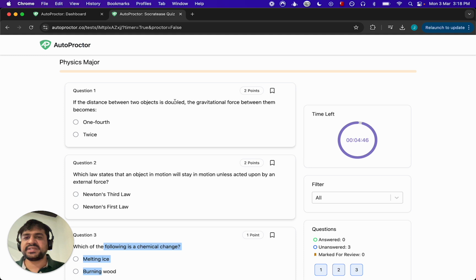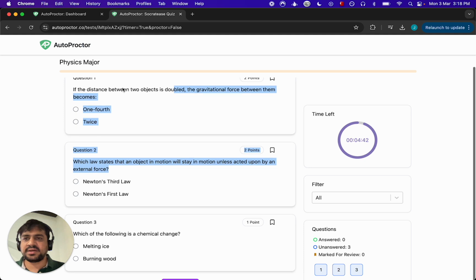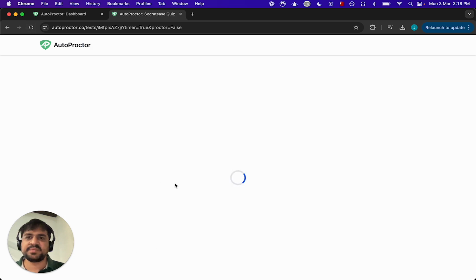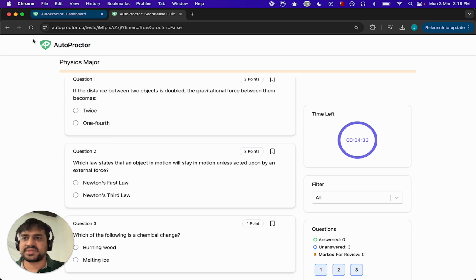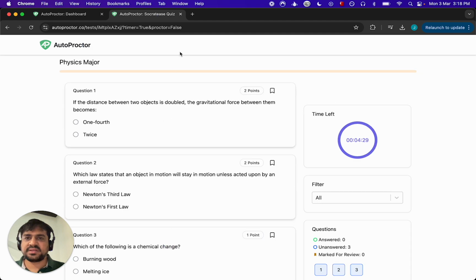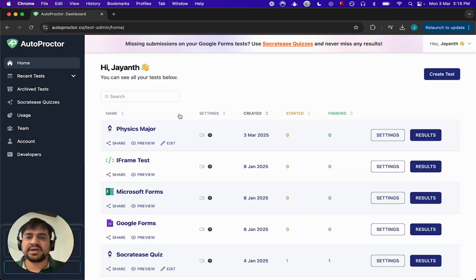Now, because the physics question bank had only 2 questions of this, you'll see both of them, right? Now, if I reload this, it is possible that the chemistry question may change because it picks up randomly. Okay, it hasn't picked. It hasn't changed. I mean, you can try this, but what I want you to take away from this is